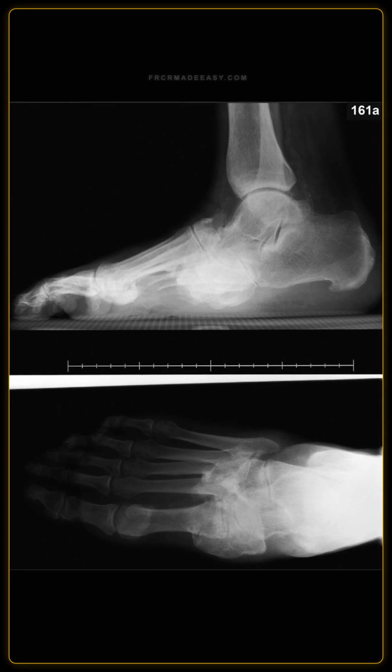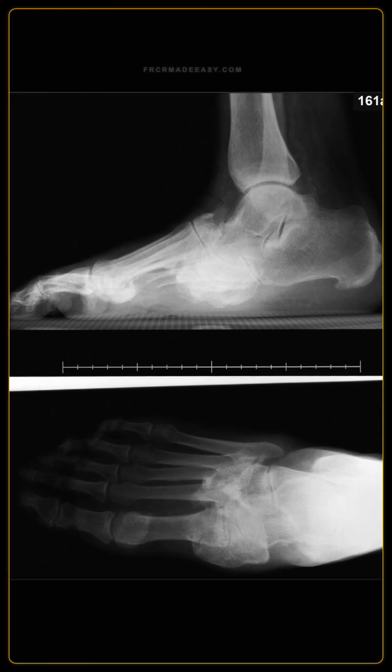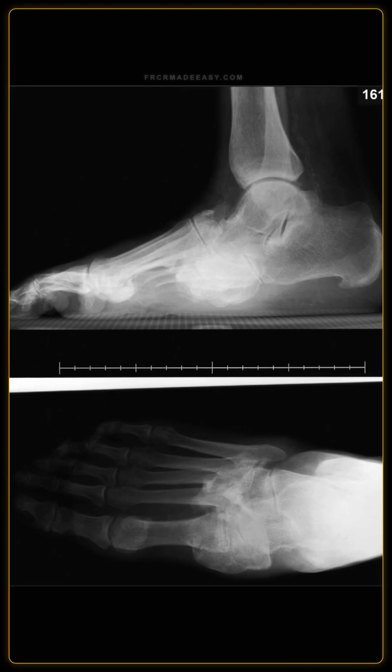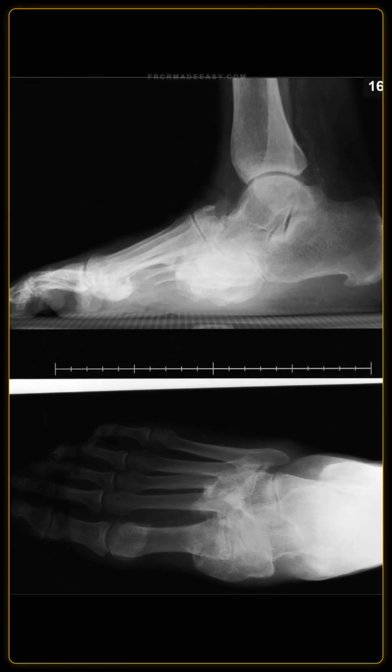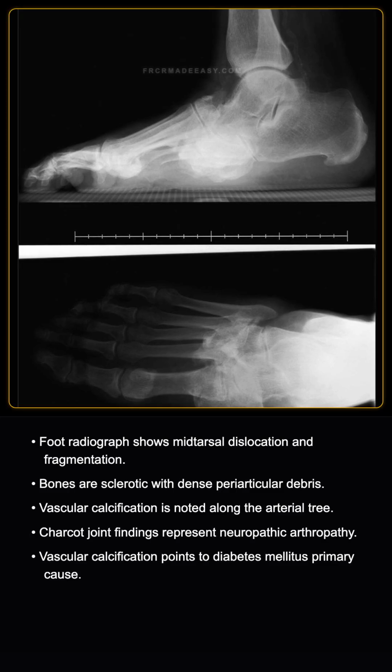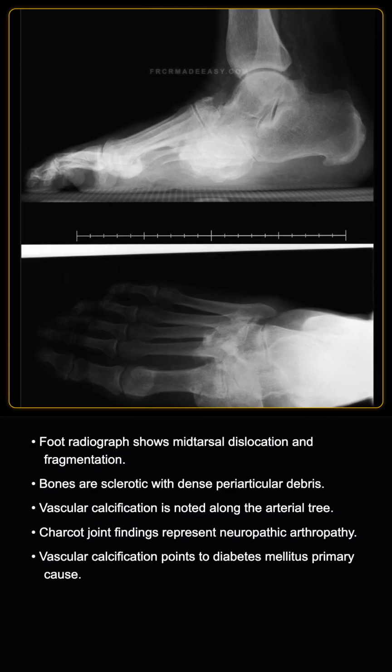A 67-year-old male presents with a swollen, warm, and minimally painful foot. I am showing you the radiograph of the foot. Describe the findings. Okay, looking at the images, the radiograph of the foot demonstrates marked joint destruction, fragmentation of articular